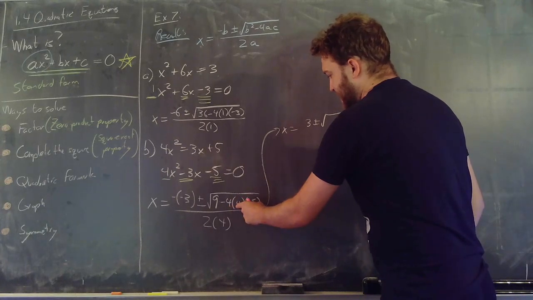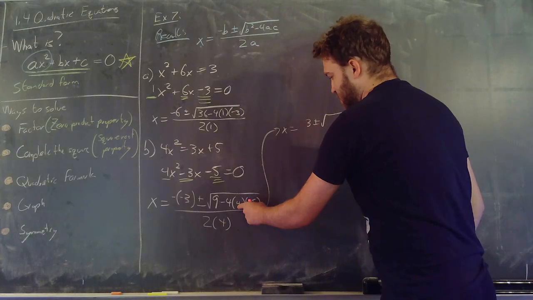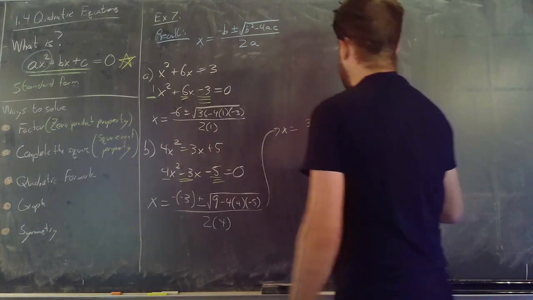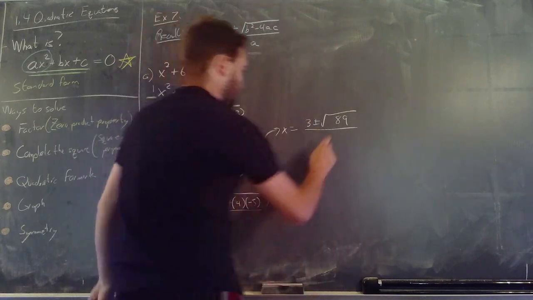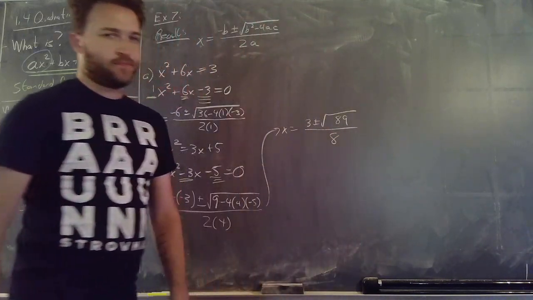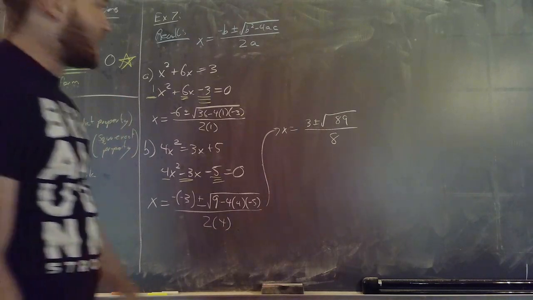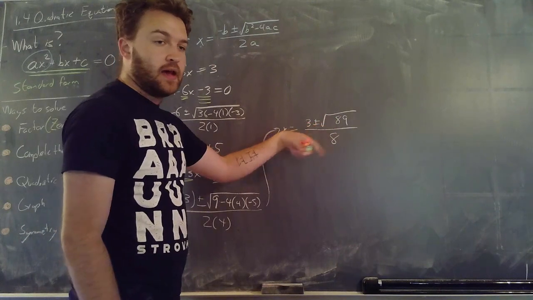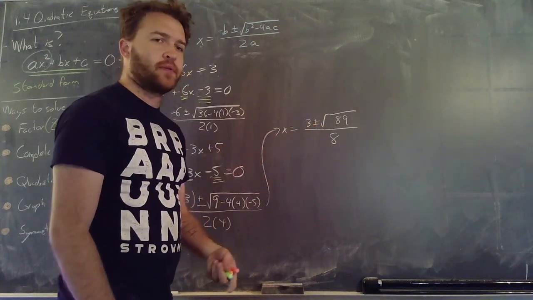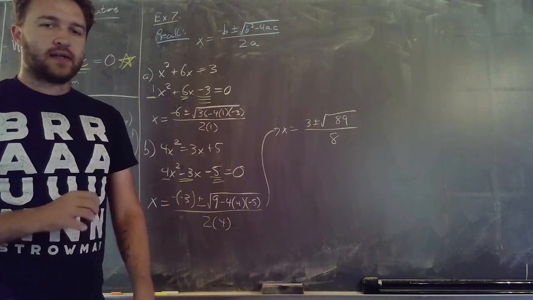and then 20 times 4 will give me 80, so this is 9 plus 80 total, so that's plus 89, all over 2 times 4, which happens to be 8. Now, at this point, we can take the square root of 89 and see if we can simplify it. One other nice program that we have in the calculator to see if there's a possible simplification for it,